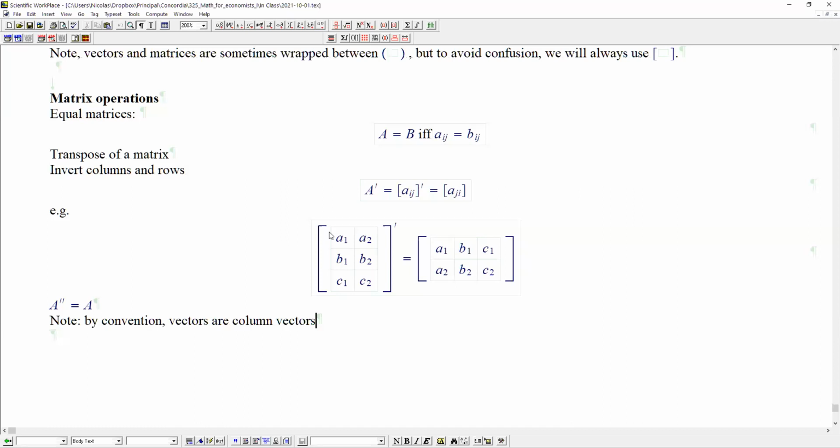But this really is a convention. We just decided that this would be the case, but it doesn't have to necessarily. So what I mean by that is we would write something like a vector v equal to v1, v2, and v3. And the transpose